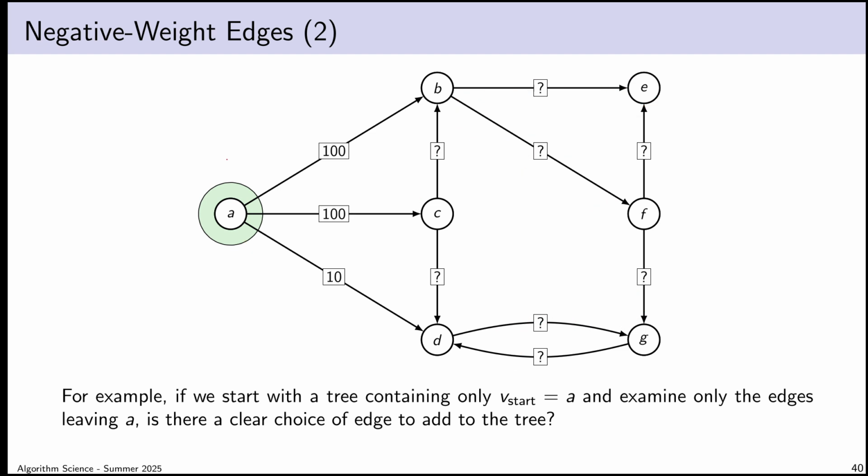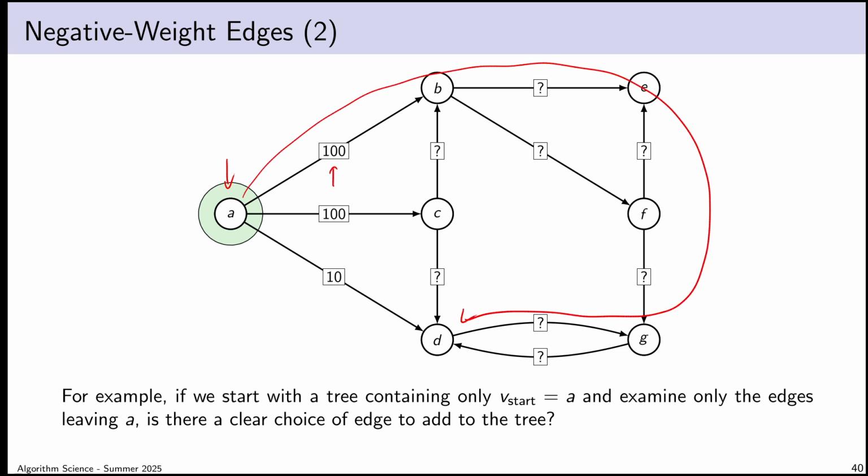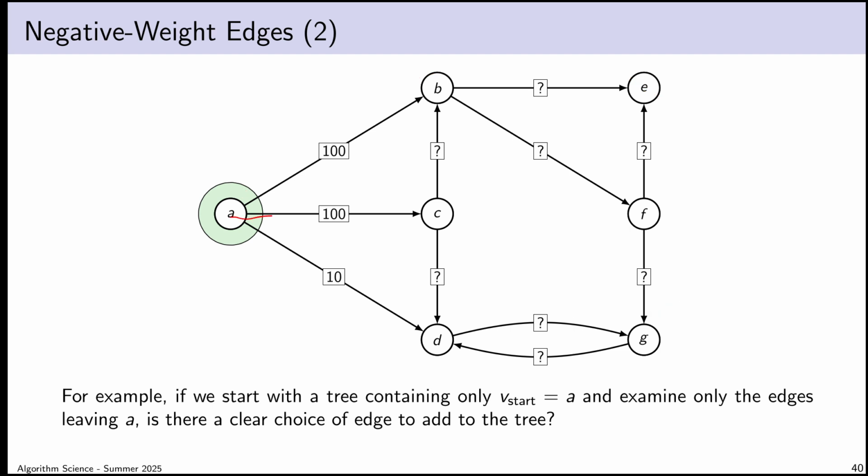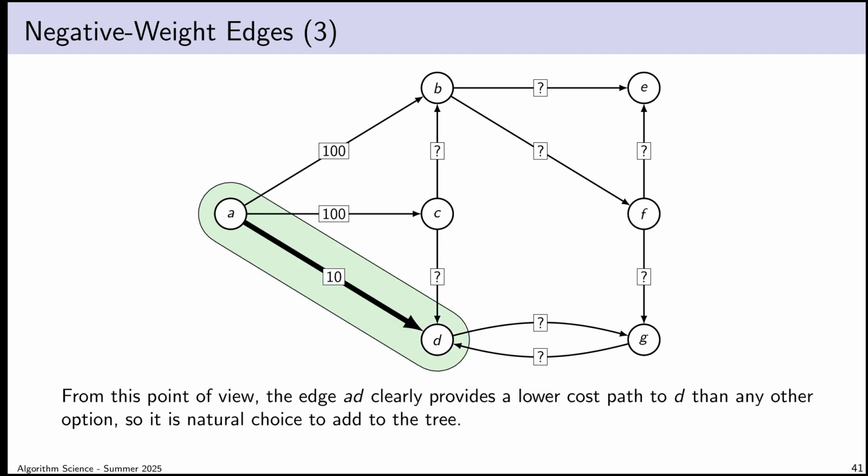In that case, a path to vertex D via vertex B, well, it seems to me like that would have to cost at least 100, because the edge to get me to B is 100. Similarly, a path to vertex D via vertex C would have to cost at least 100. And neither of those could outperform this edge, which has cost 10. Okay, so from this point of view, based on what I currently know, it looks like edge AD provides a lower cost path than any other option, because any other option must go through these edges of cost 100. So I guess that means I can lock in vertex D. The minimum cost of travel to vertex D is 10. We're good. I've just expanded my tree by one vertex. And if I can keep expanding my tree by one vertex, eventually I will have solved the problem.